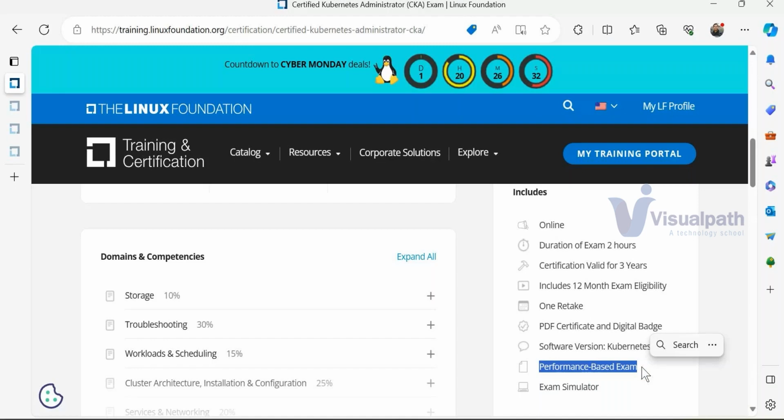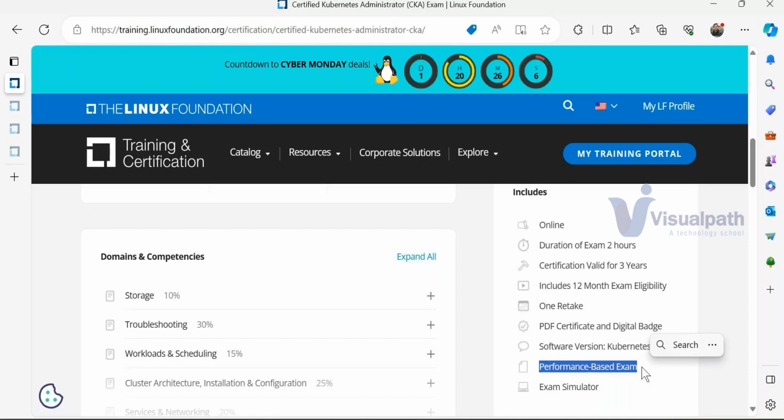Normally they give marks for the steps also, right? If you are not able to run the application or correct that particular scenario, they will give you the marks for the steps also, because it's purely performance based. It's not like objective, where if you have not given the qualified answer you get 0 marks, and if you give the correct answer you get the full mark. It is not like that.